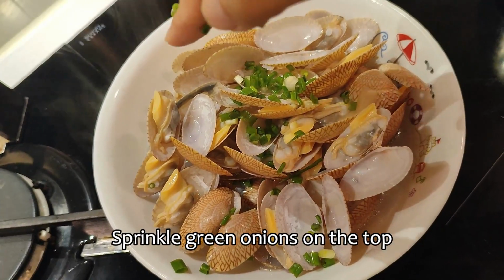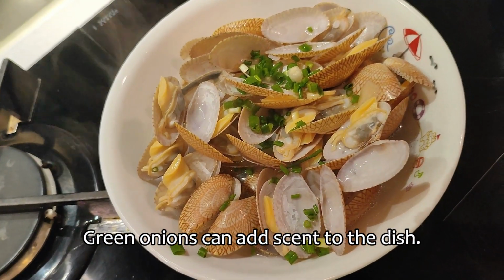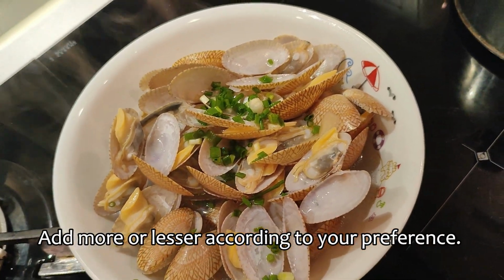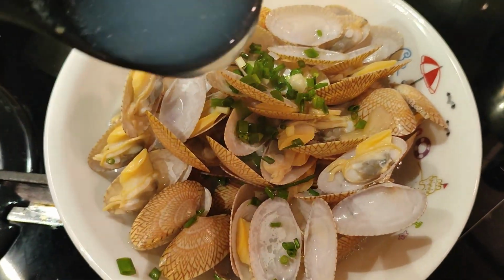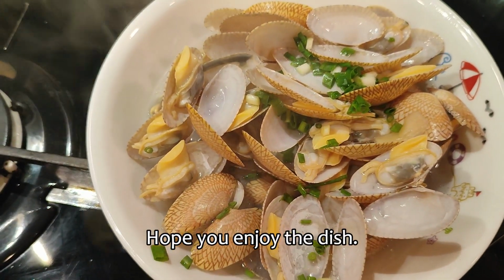Sprinkle green onions on the top. Give a bit of soup, let it warm. Green onions can add scent to the dish. Add more or less according to your preference. 你啲葱淋返少少湯，令到個餸更加香。